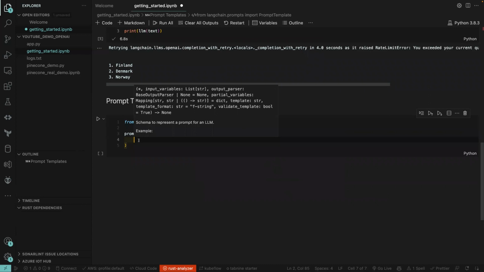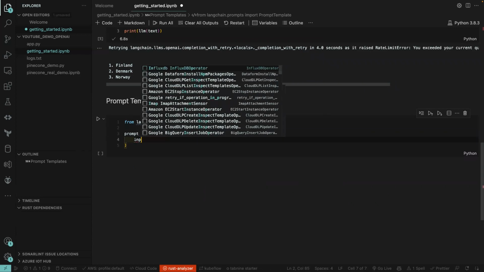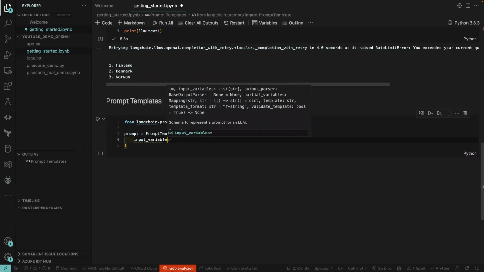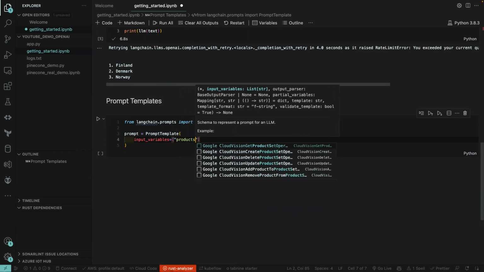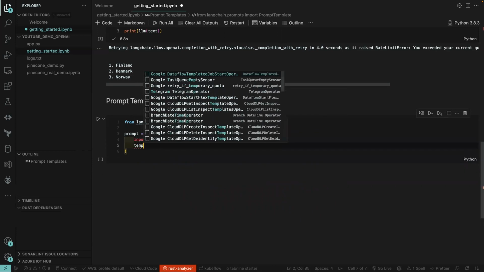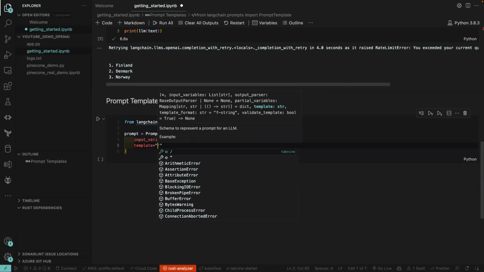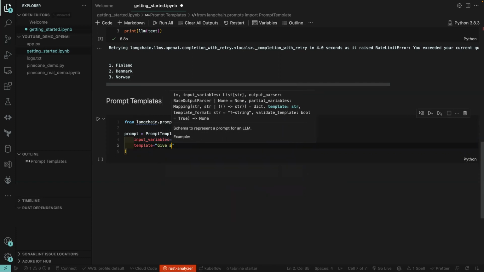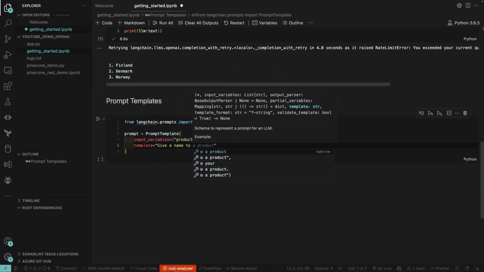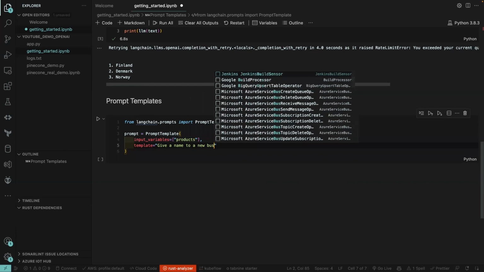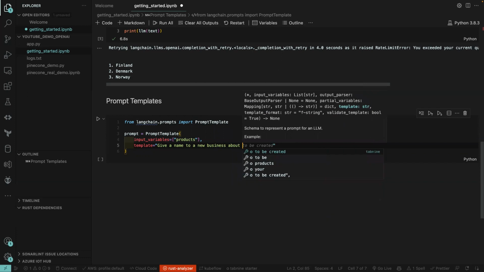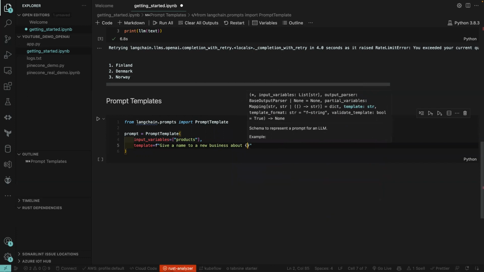And then the first one is going to be the input variables that we want to consider. Input variables. And then it can be a list of variables. So we're going to pass in the first name and call it product. We can call it product. And then the template we want to consider is give a name to a new business about, and then we pass in the product